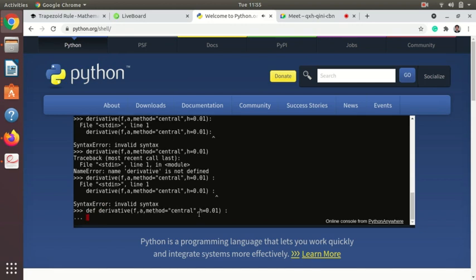So now it is not terminated. It is saying something. There are three dots. It has not come back to the prompt. So what does this mean? There are some values or lines we have to provide to this. So what do we have to provide? What is f? What is a? And what is method? We have to provide all of this.